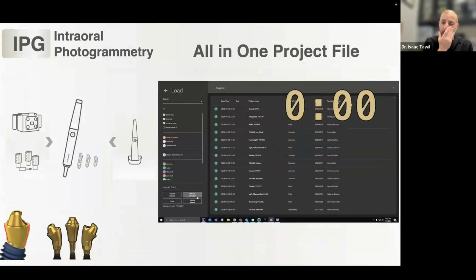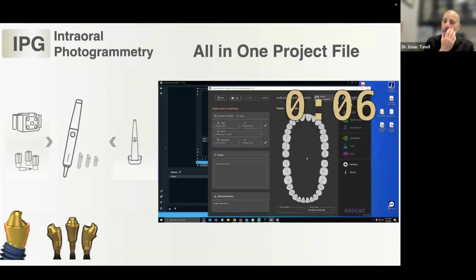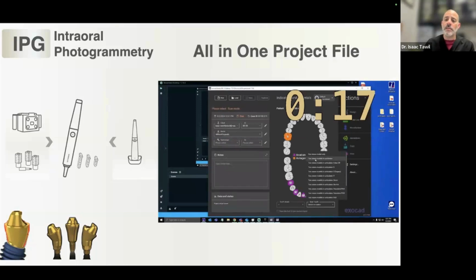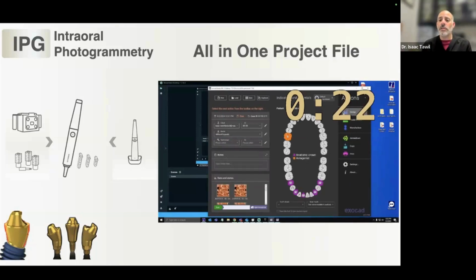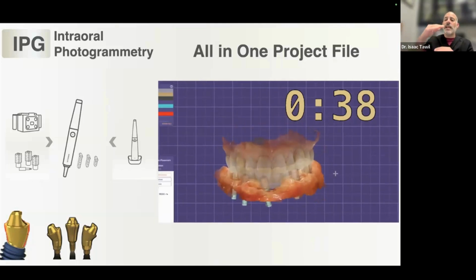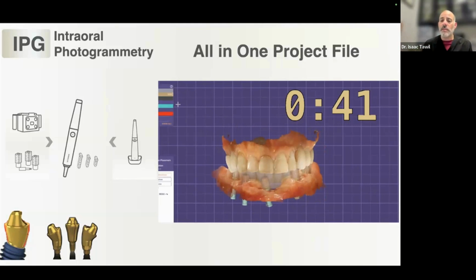So this is about how long it takes. Once the clinician sends over the files, you go ahead and pick your antagonist. You might pick your Pontics and all of that. And this is more real time. And then it opens as fast as your computer can open it. So this is about 40 something seconds, and we have all the files stacked and matched all in one file. It makes it much easier, and you guys can do what you really want to do, which is get to design, get to work instead of matching, which just takes a little bit of cumbersome time. If it didn't match correctly, of course you can realign it, but at least what I've seen is that they come through all the time matched properly.